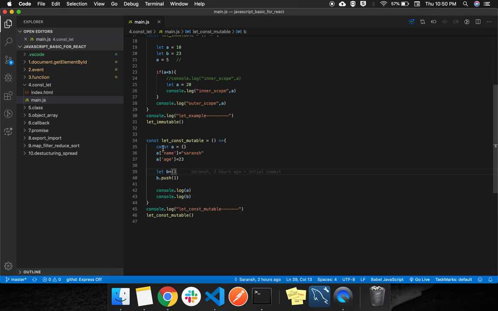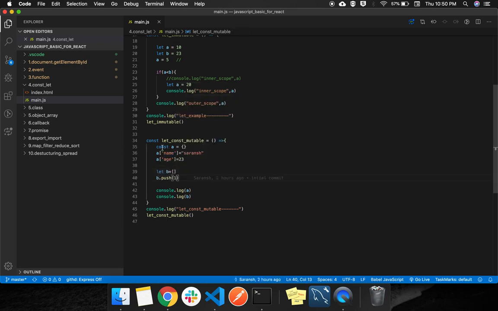So let's suppose I have defined const a equal to some object. This is an empty object, and I give a key name and set some value for that key, and then give age and give some value for that. Now I have an array b also, and I have pushed 1.